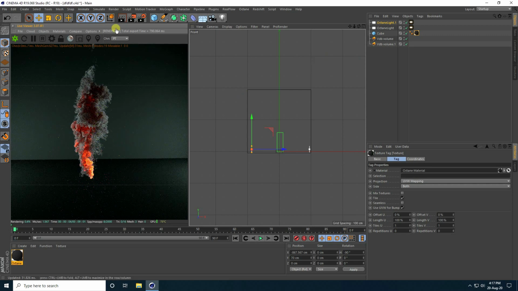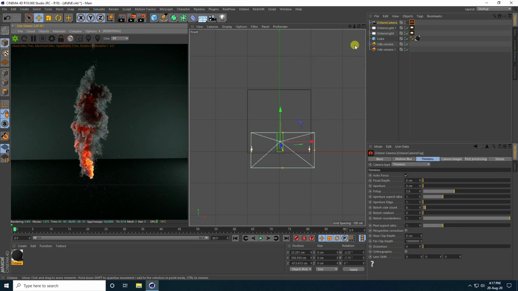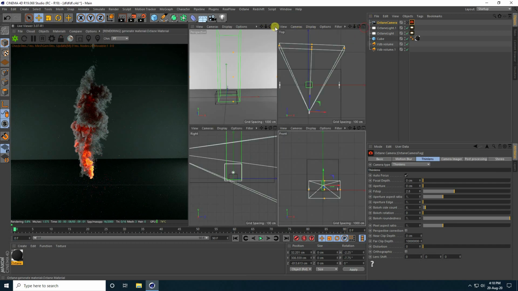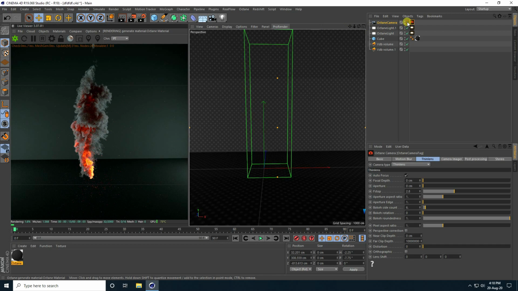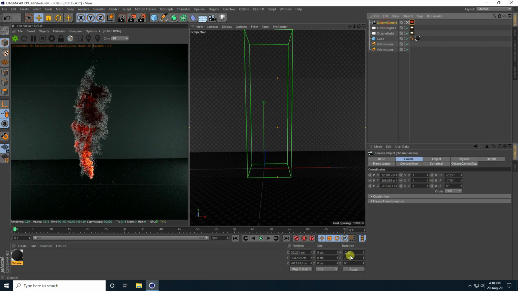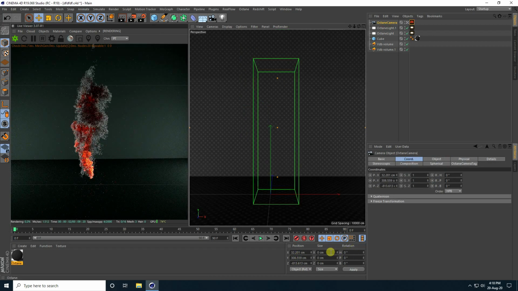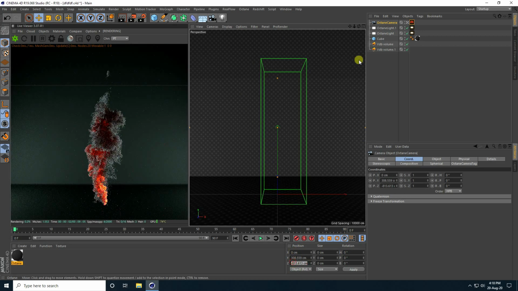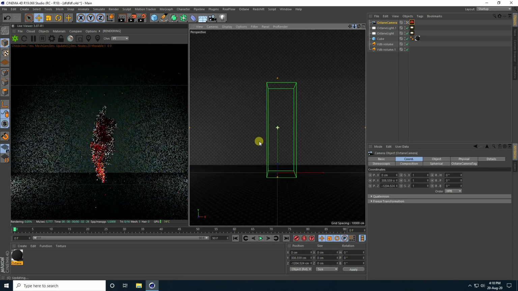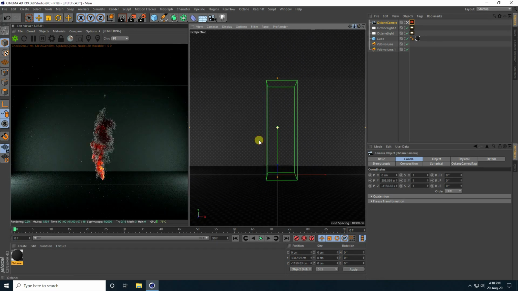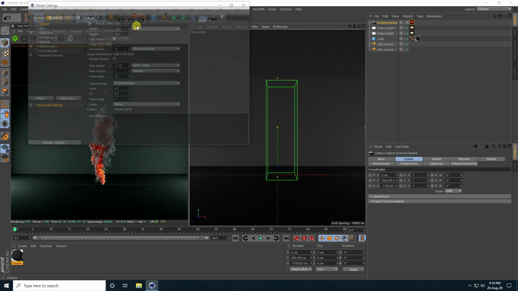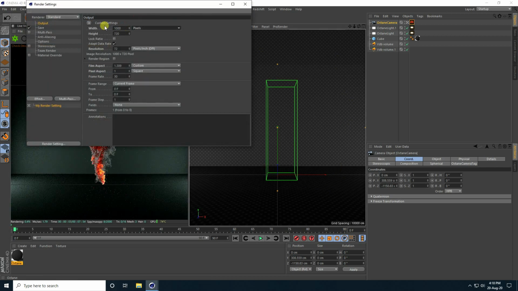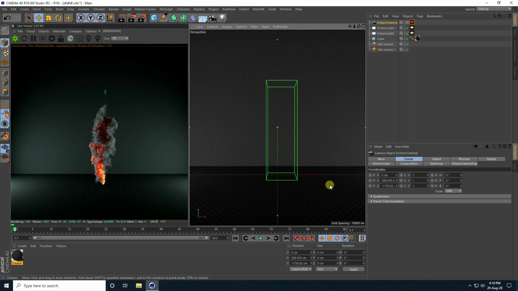Okay, so guys, now I take the Octane camera, and go to here and check camera. Yes, guys, select this camera and take all rotation 0 and 0, and position x 0, y and z a little bit back. Yes, I also change this render size. So go to here and size I take 1000. Yes, position is good.